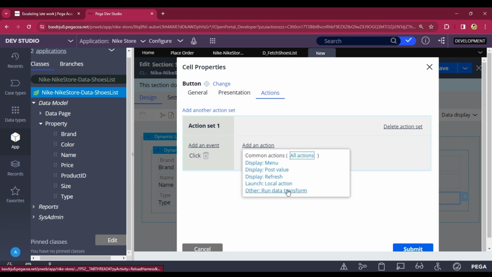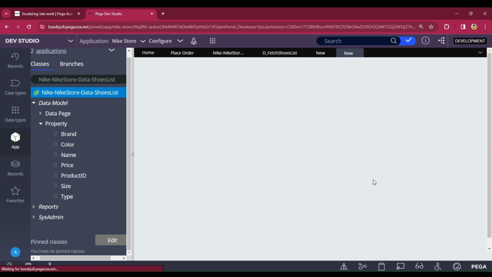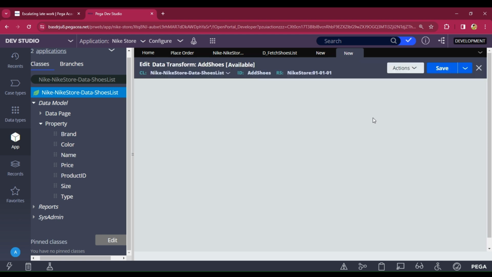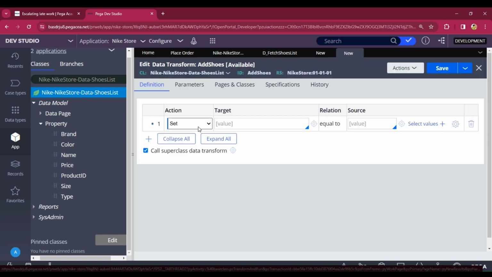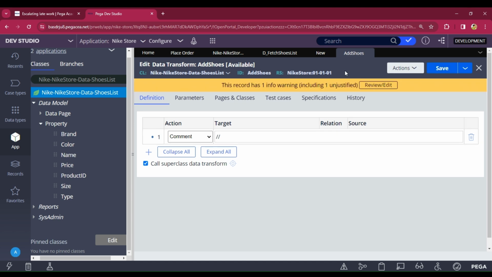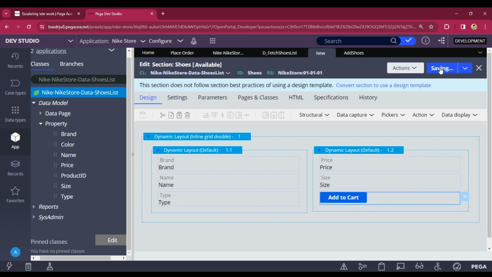You have to run the data transform. DT shoes are add shoes. Open the data transform and create an open, and here put the comment and just save it. Just leave this data transform. I will update this and go to this section and click on submit and save,